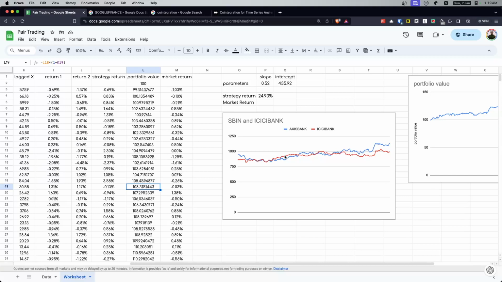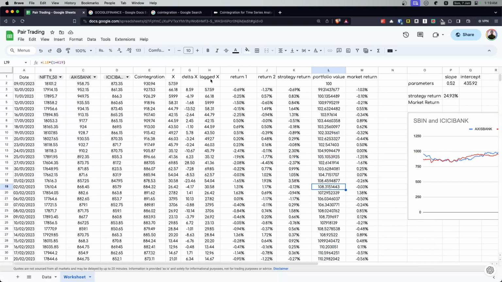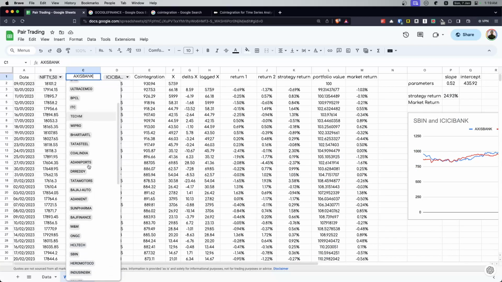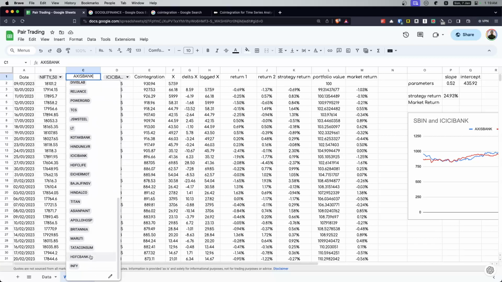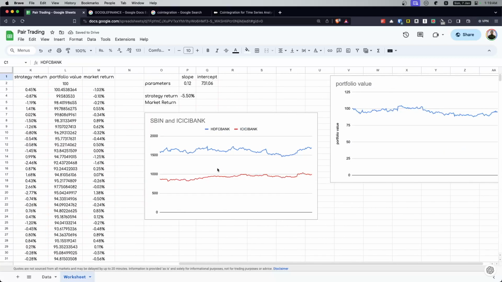So Axis Bank is moving along with ICICI Bank, at least for the past year. If I change it to a similar finance stock, SBIN and ICICI Bank, you will see very different trends. Sorry, I don't know why this is saying SBIN. This is actually HDFC. It should update itself. Probably some bugs. But if you see, HDFC Bank has had, just by look of it, more volatility, and